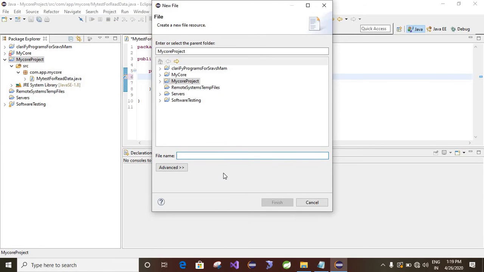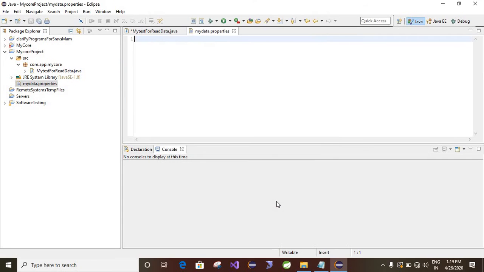The file name is mydata.properties. See, the extension is .properties. Click on the finish button. Here the properties file has been created.